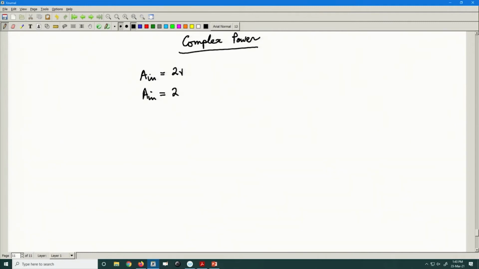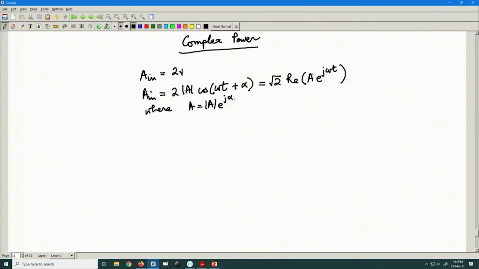A instantaneous is root 2 mod A cos omega t plus alpha, that is root 2 real part of A e to the power j omega t, where A is mod A e to the power j alpha. Similarly, B instantaneous is